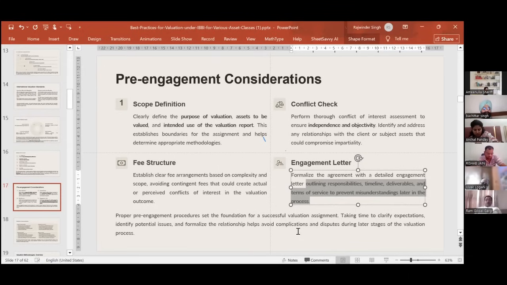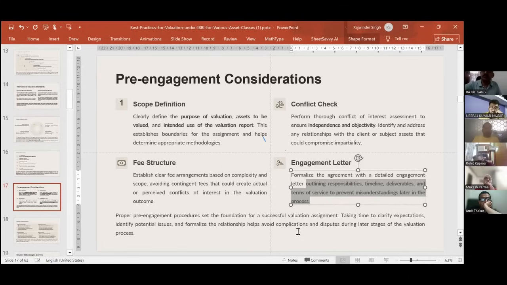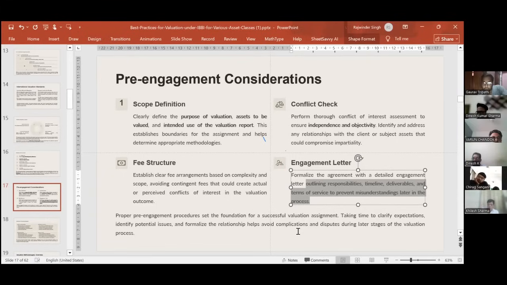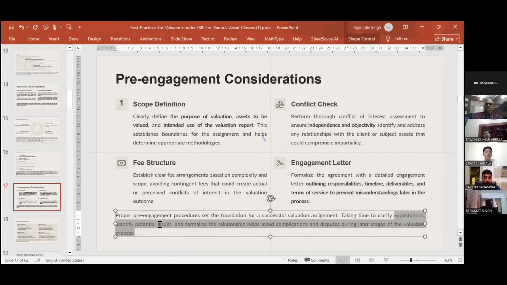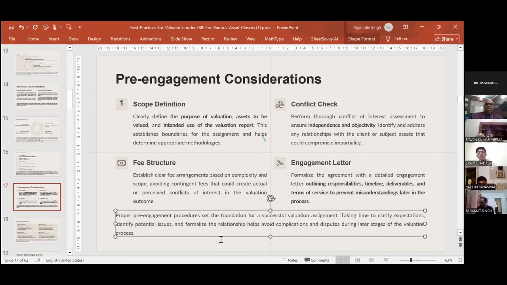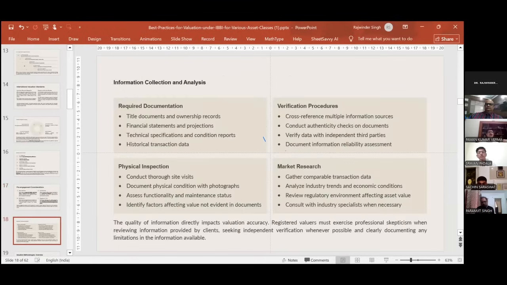So taking time to clarify expectations, identify potential issues, and formalize the relationship helps avoid complications and disputes during later stages of the valuation process. So once this pre-engagement process is completed, then your next step is